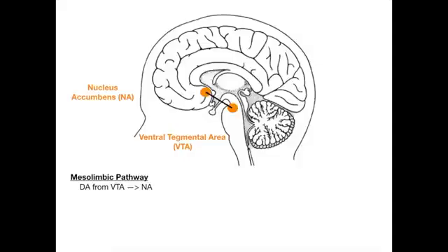Dopaminergic cell bodies are rising in the VTA, projecting to the nucleus accumbens. So you see that written there, that is the pathophys. Now, in somebody with psychosis, typically schizophrenia or schizoaffective disorder, you have positive symptoms. And positive symptoms are hallucinations, delusions, etc. And positive symptoms result from an overactive mesolimbic pathway. And I've shown that there by thickening that black line. So when you're dumping dopamine from the VTA to the NA in excess, you're going to get positive symptoms. So that's an overactive mesolimbic pathway due to too much dopamine.